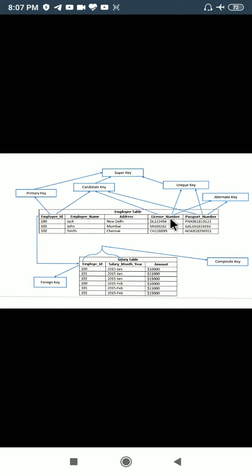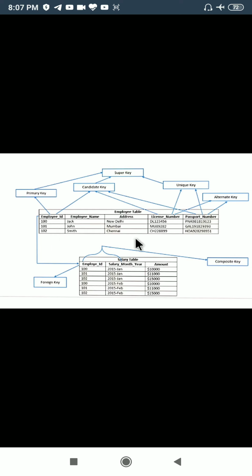I can make this the primary key, or this one as well, but it is totally dependent upon my choice. No one can object why this has not been selected as primary key. It is totally the user's choice which field he makes the primary key.